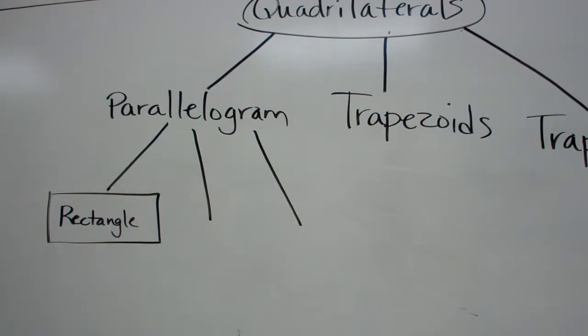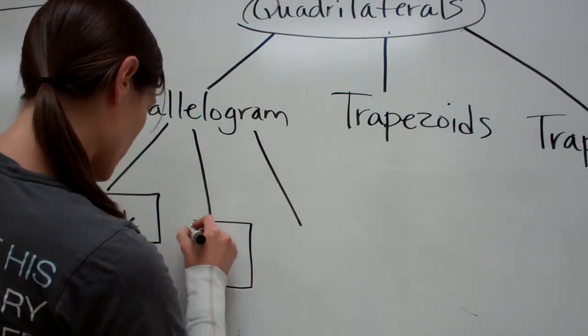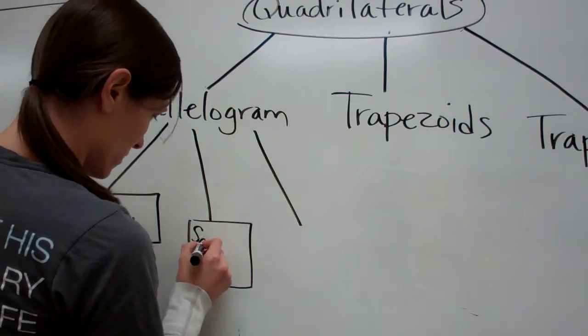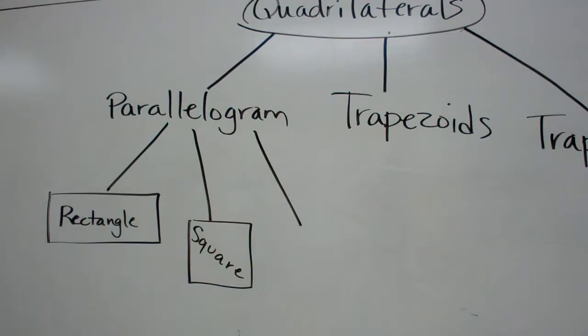Does everybody see that? All right. Here is, what's that one called? Square. Okay? Are both pairs of lines parallel? Yes. Very good. And then the last one is called,